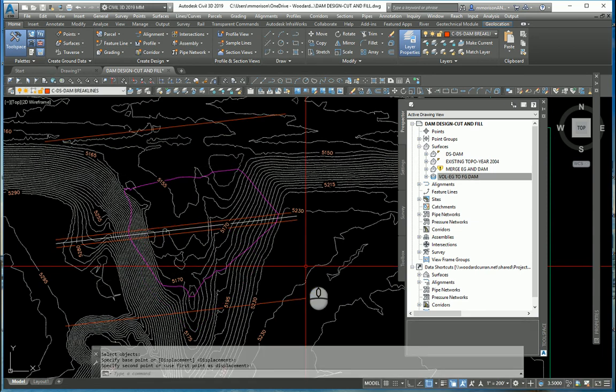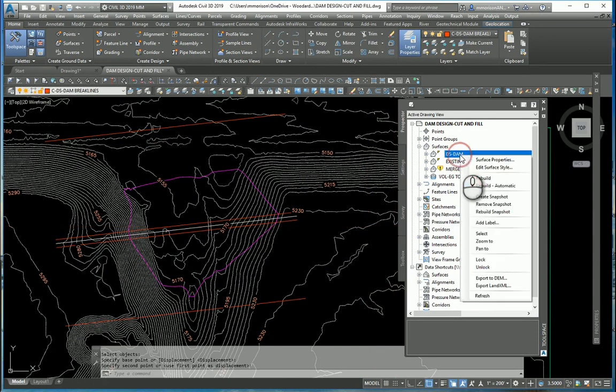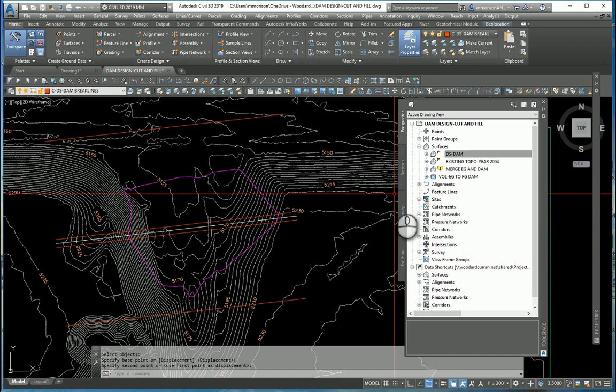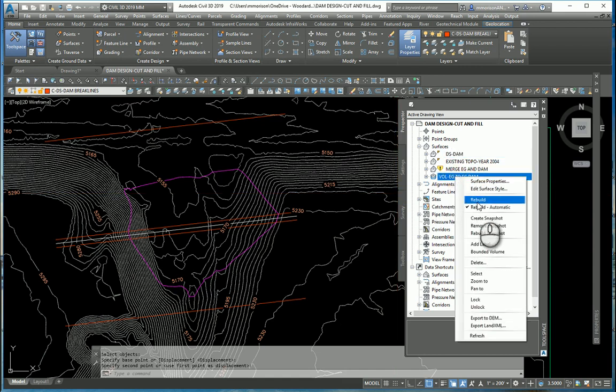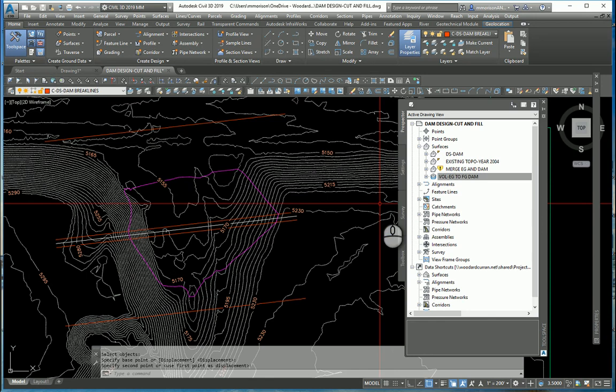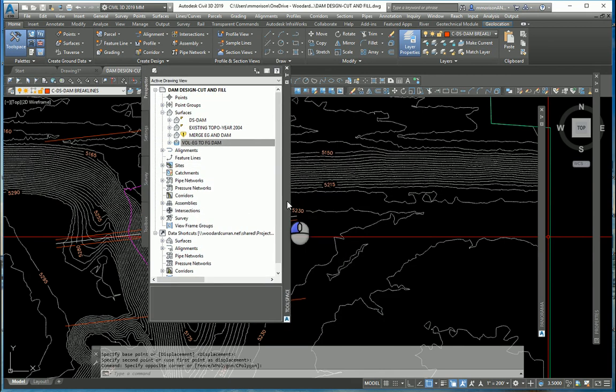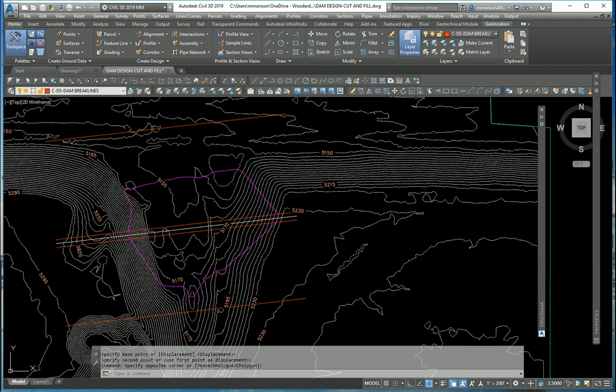Okay, so now the magical thing happening here is you have to have that design dam, or your design project, whatever it might be, at Rebuild Automatic. Now, let me show you another magical thing that's going on here. Let's push this back out. Push that out of here. Right here,